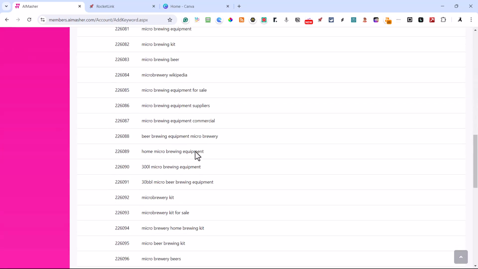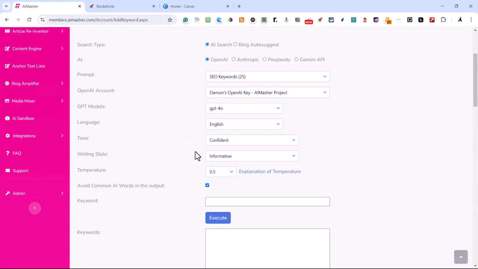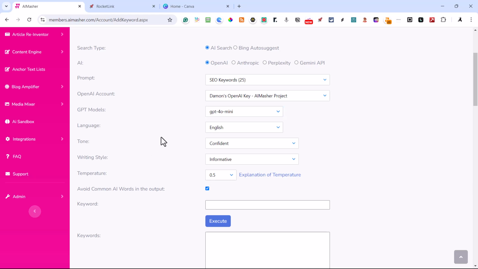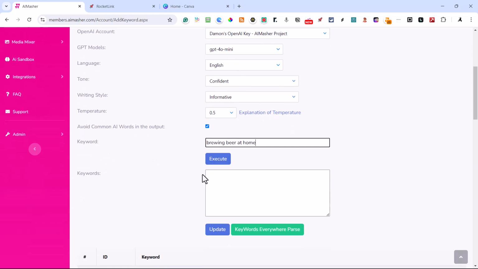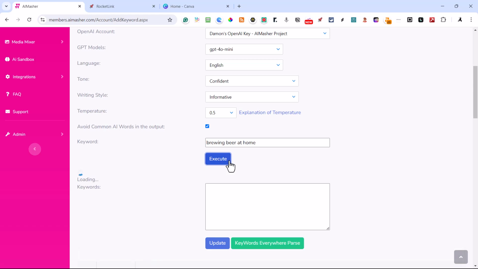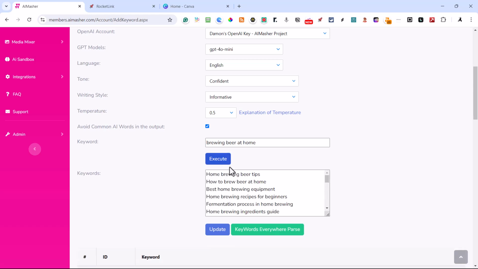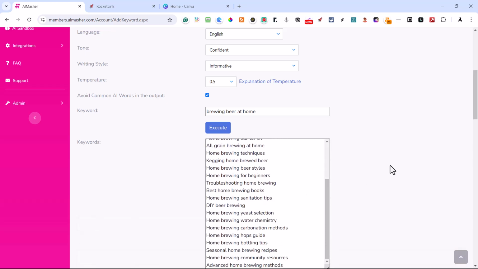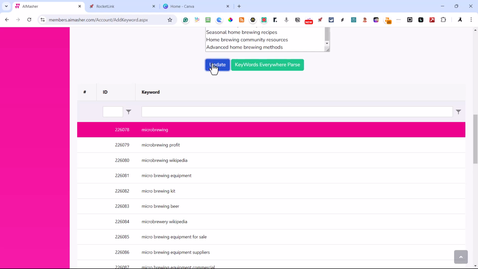So this looks pretty good, but if I used 4.0, let's just use 4.0 mini, save some money there. Brewing beer at home. Since we've already used microbrewing, now we're going to just hit execute. And we're using our AI tool to suggest other keywords. Very nice. And I'll hit update.